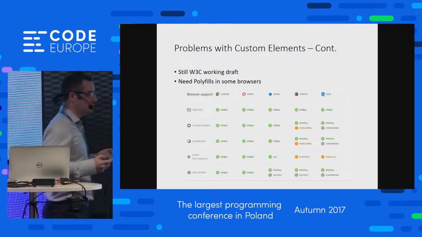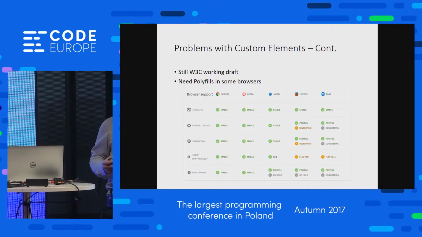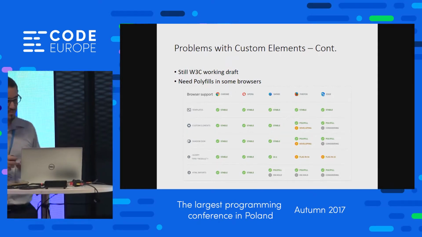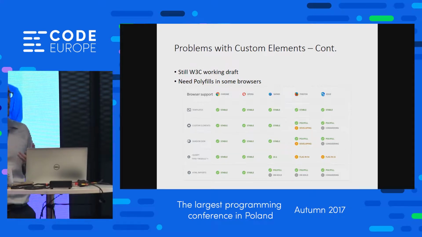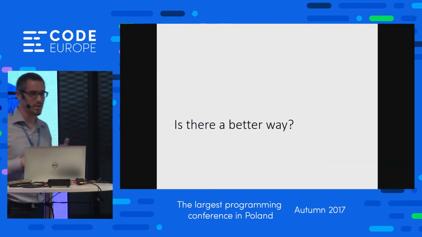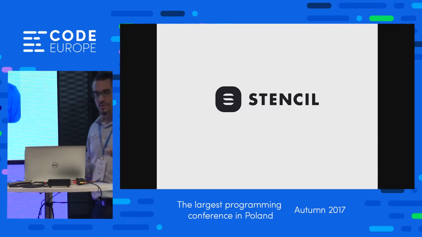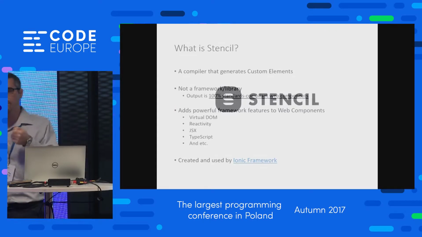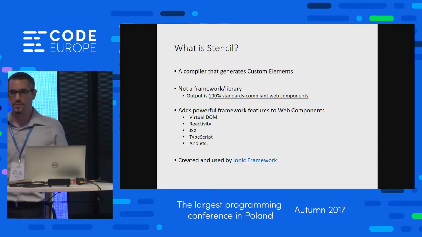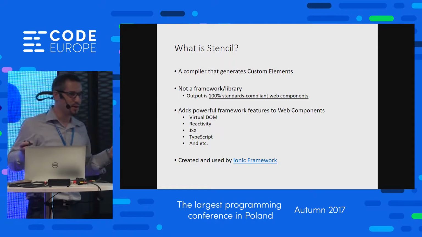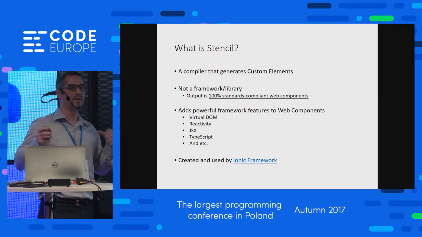What if I told you that you can solve all these problems in one place? This is where Stencil comes into play. What is Stencil? Stencil is a compiler that generates custom elements. It was written by the Ionic team. So if you're using Ionic, the whole core of Ionic is shifting into Stencil. What the compiler creates is standards-compliant web components. It's not a library. It's not a framework, okay? Everything is created at design time. You compile the component that you created, and boom,